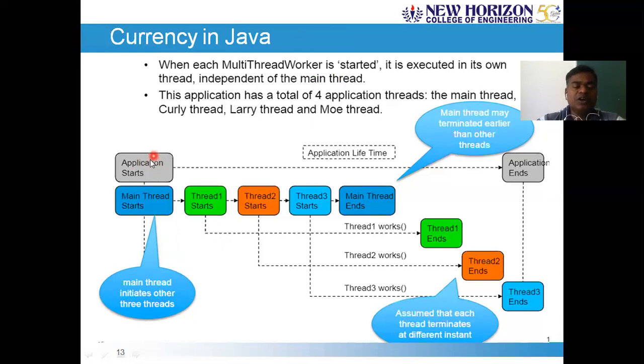Once you load it into memory and the execution begins, the main thread will always be running. From the main thread, based on the code you have written for creating threads, thread 1 will begin its job, followed by thread 2, and followed by thread 3.